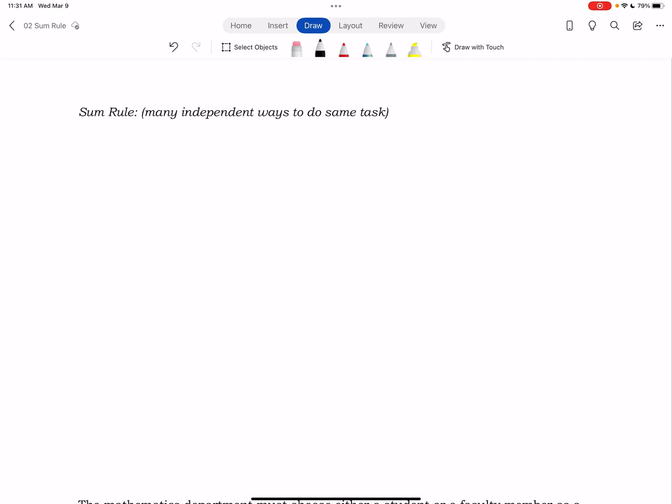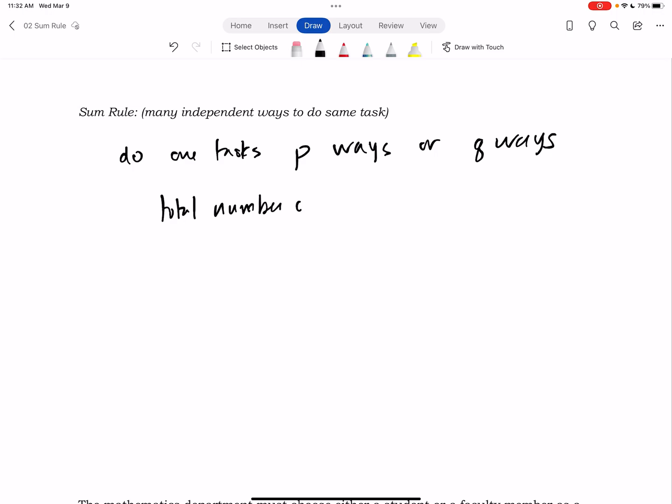Another counting rule that we see is the sum rule. And this is used when there are lots of different ways to do one single task. So if you can do one task P ways or Q ways, then the total number of ways is P plus Q. And so when you think about that key word in there, you want to look for